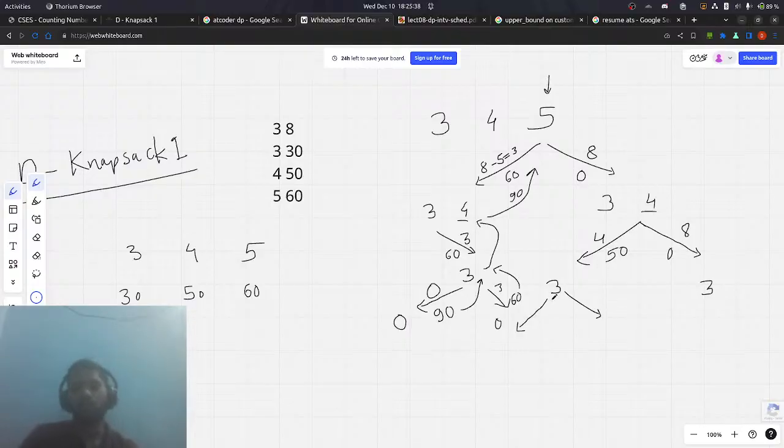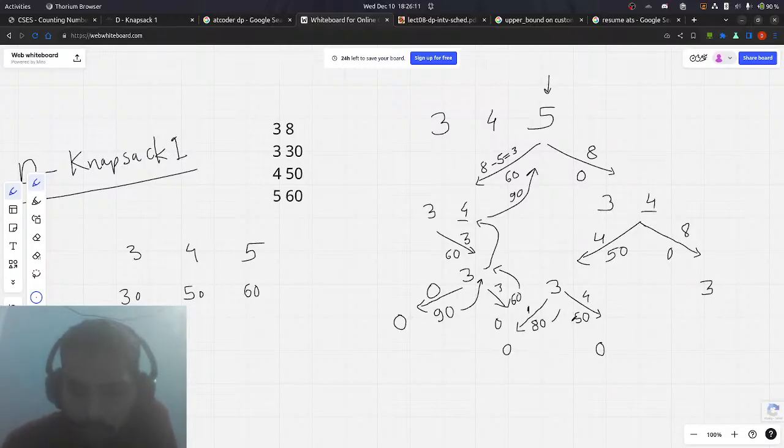Similarly, if I choose to include 3 here, then the weight will be 1 and will be at the beginning of the array, and the value we'll have is 80. If we don't include it, then the weight still will be 4, we are at the beginning, and the value is 50 still. Okay, whatever maximum is